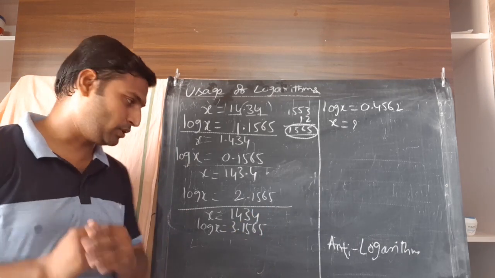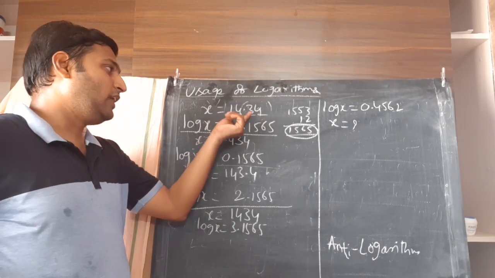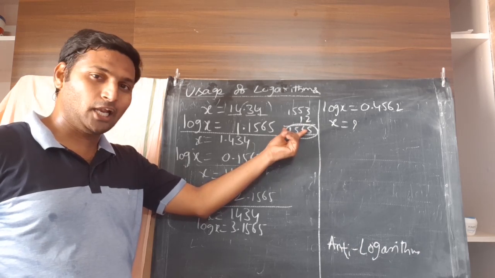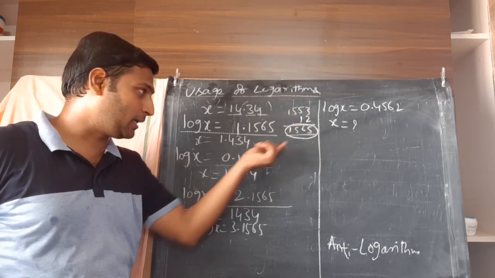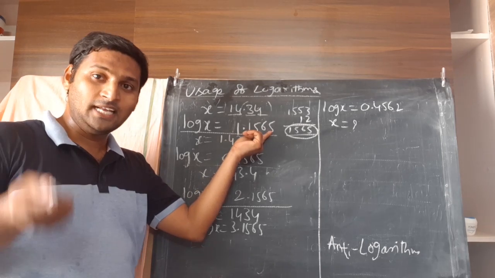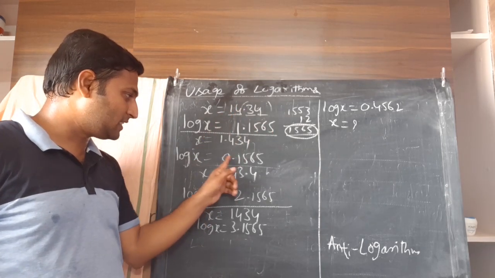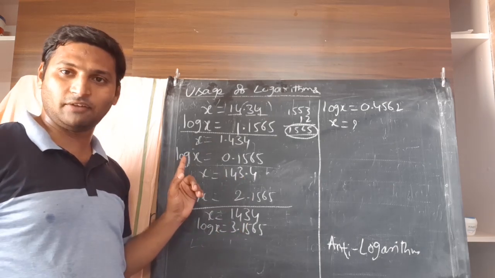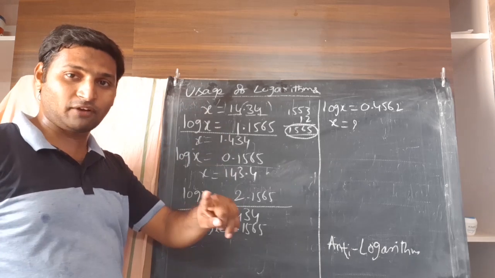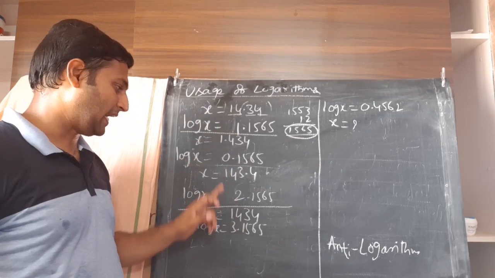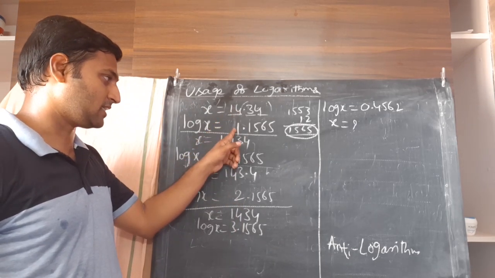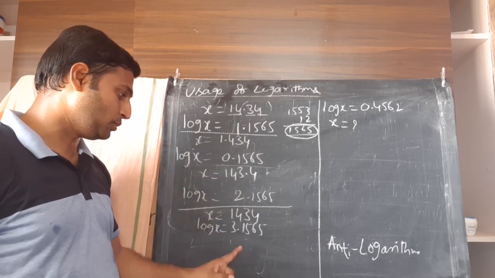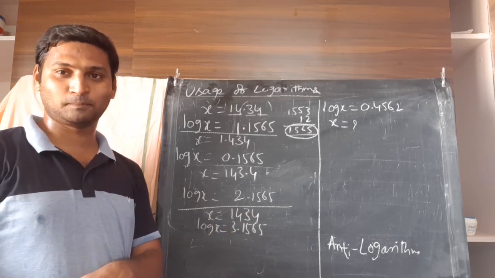So simple. Please understand, we involve all the 4 digits, use the log table, find the value, and the 4 digits you get from the log table will be written as the mantissa. Then look at the number of digits before the decimal given to you, and subtract 1 from that, then you will get your characteristic. There were 2 digits, so the characteristic was 1. There was only 1 digit, so the characteristic was 0. There were 3 digits, the characteristic was 2. There were 4 digits, the characteristic was 3.